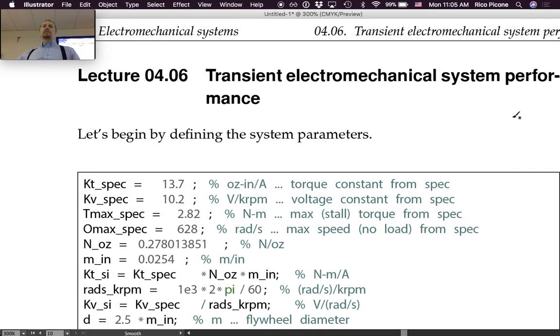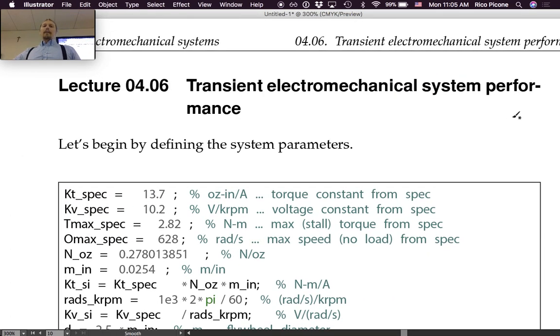So, transient electromechanical system performance, lecture 4.6, is